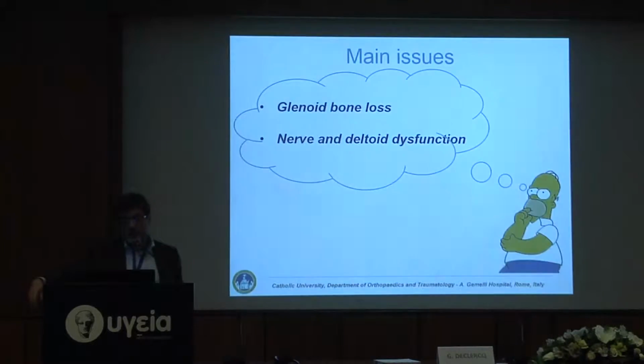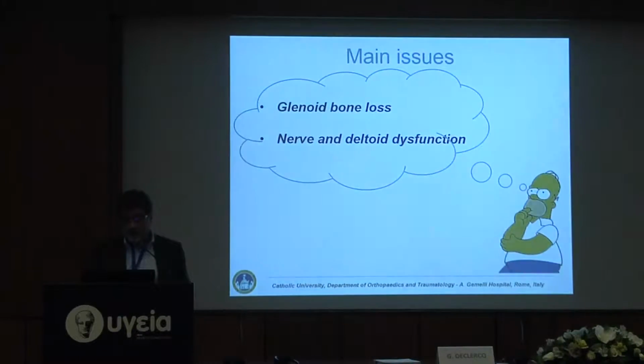Another important point is related to complications of surgery and to proper indication in case of nerve or deltoid dysfunction, which can create some dysfunction of the shoulder and basically instability